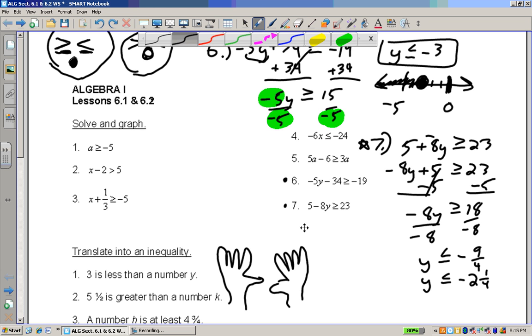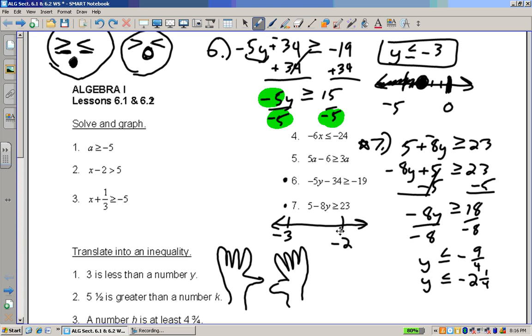Okay, so let's graph number 7. Negative 2 and 1/4. Now, let's try the second method that we had mentioned. I'm actually going to go negative 2 and negative 3. I can say negative 2 and 1/4, negative 2 and 2/4, negative 2 and 3/4, and negative 2 and 4/4, which is negative 3. So we split it into 1, 2, 3, 4 sections,